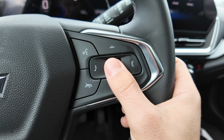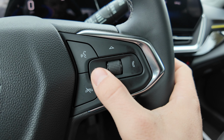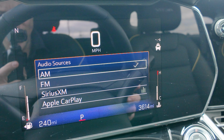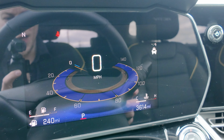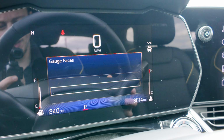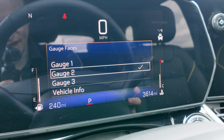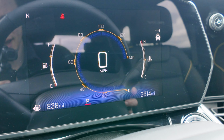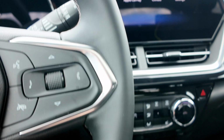The only things they give you is this up and down, and then you could click it, and then you could click media here, and all it does is basically ask you if you want to change your source. Then if I click the button and hold it down, like you would think, you hold it down for a few seconds, nothing happens, and then it asks you if you want to change your gauges. I guess it's pretty cool that you could change the looks of your gauges, but honestly,